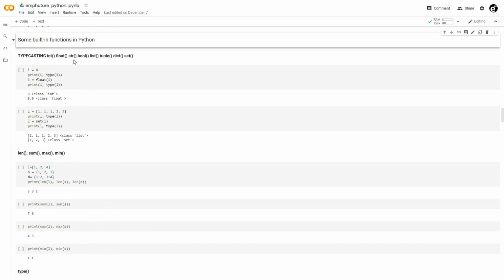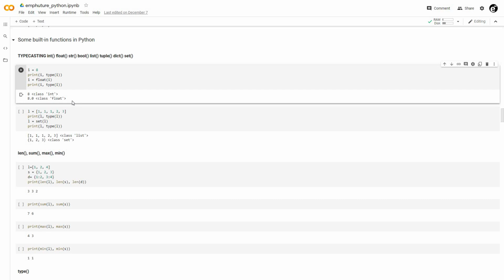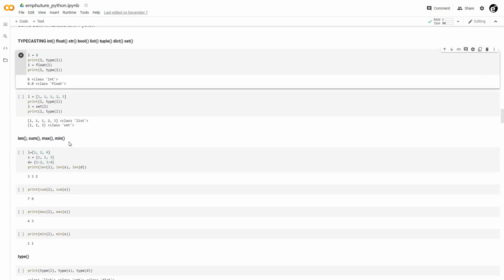So these are some typecasting functions in Python. Like if we see here, the value of i is an integer. And after giving this as an argument into the float function, it will convert this into the float, as we can see here. Similarly, we can do this with other data types also. Then we have len, sum, max and min functions.